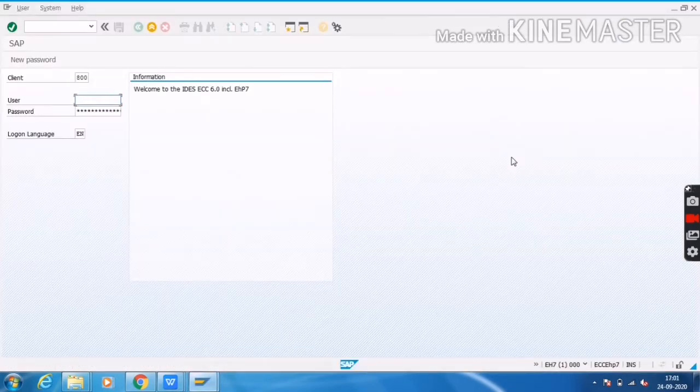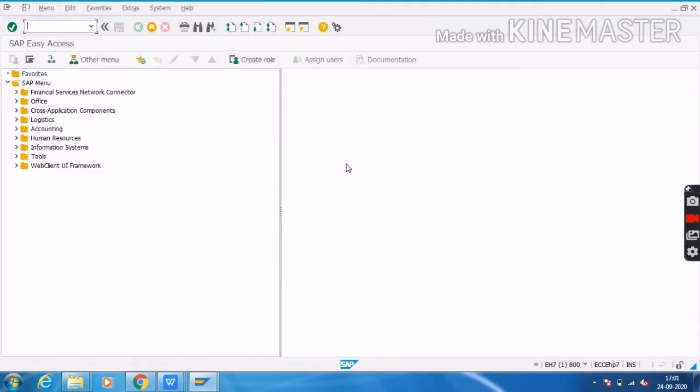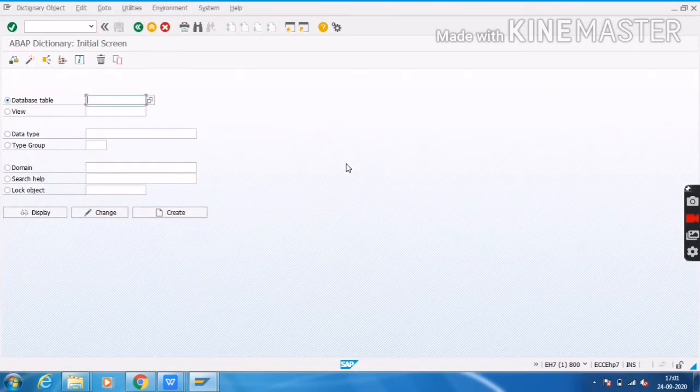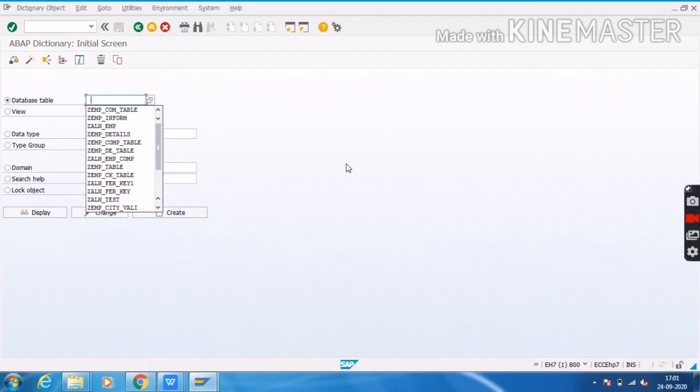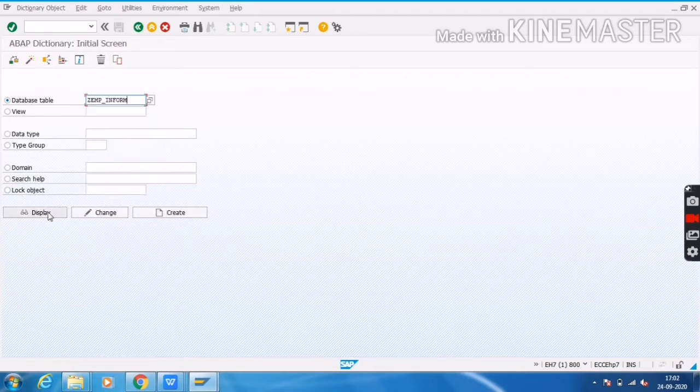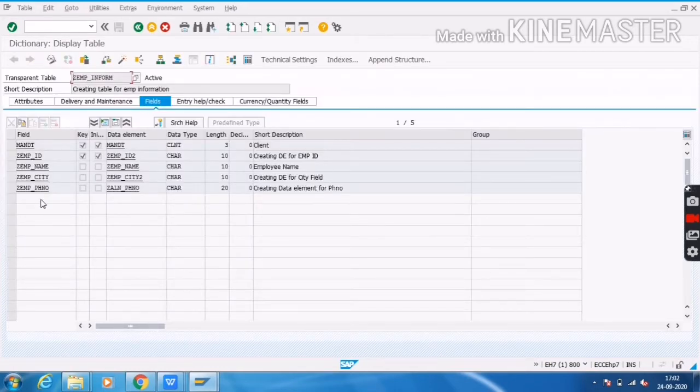First of all, I will go to the SE11 transaction code to create a database view. Before creating it, I will show you the 2 tables which I am using inside the database view. Table 1 is the employee information table. Click on display, and you can see employee ID, employee name, employee city, employee phone number.